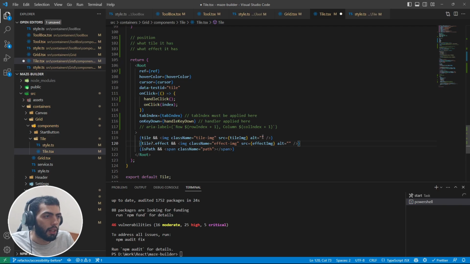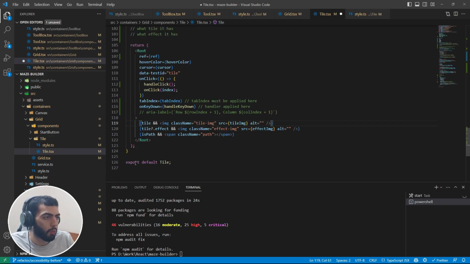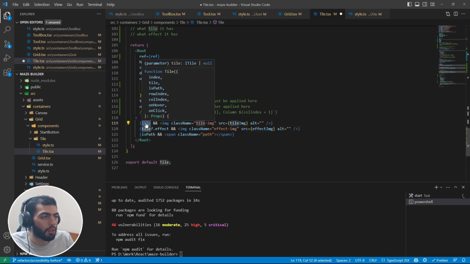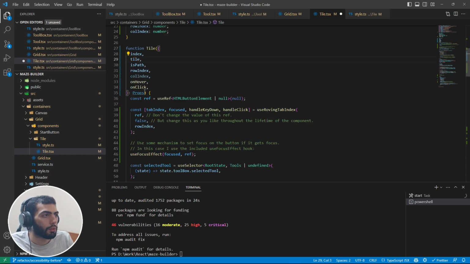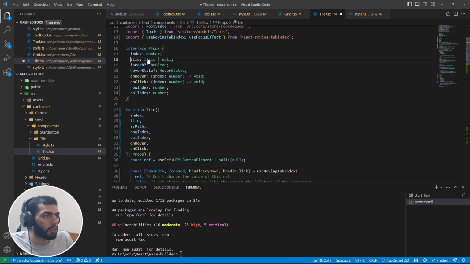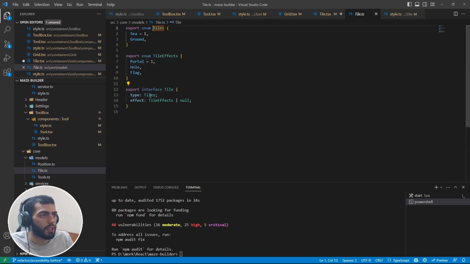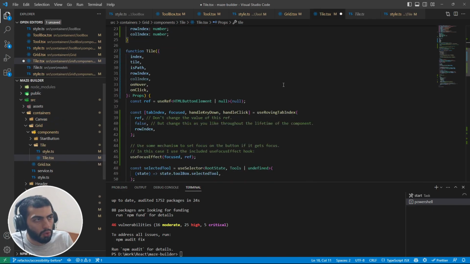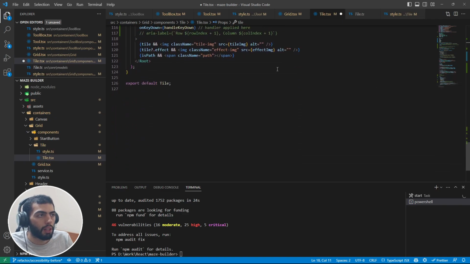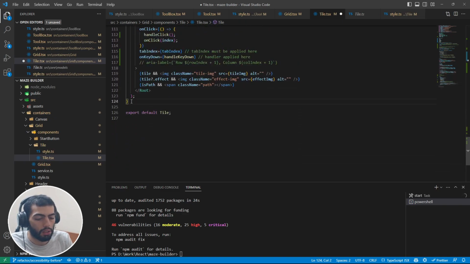Let's do that. Now, how can we get it like this? The tile value that we are getting here, if you go to ITile, is an interface with type Tiles. Tiles here is an enum with two values, sea and ground. We have another enum, TileEffect: portal, hole, flag. To get a label out of the enum value, the simplest way would be